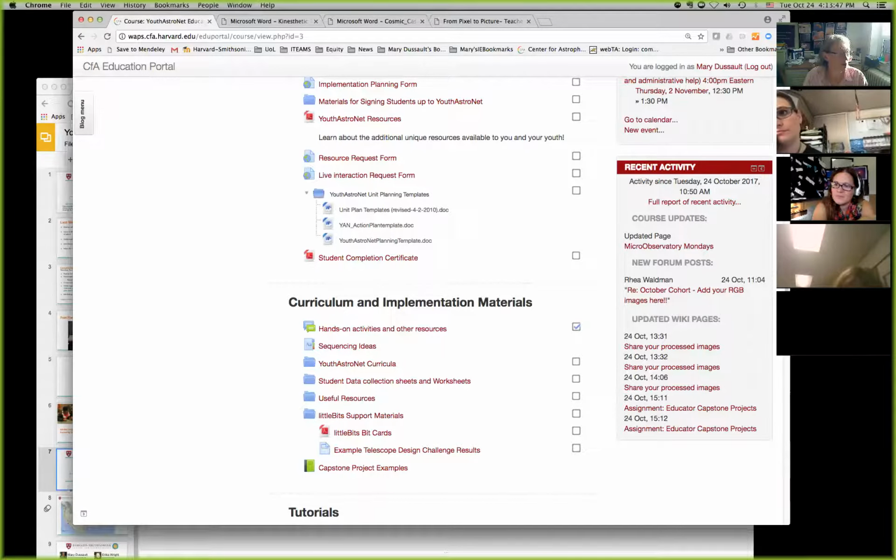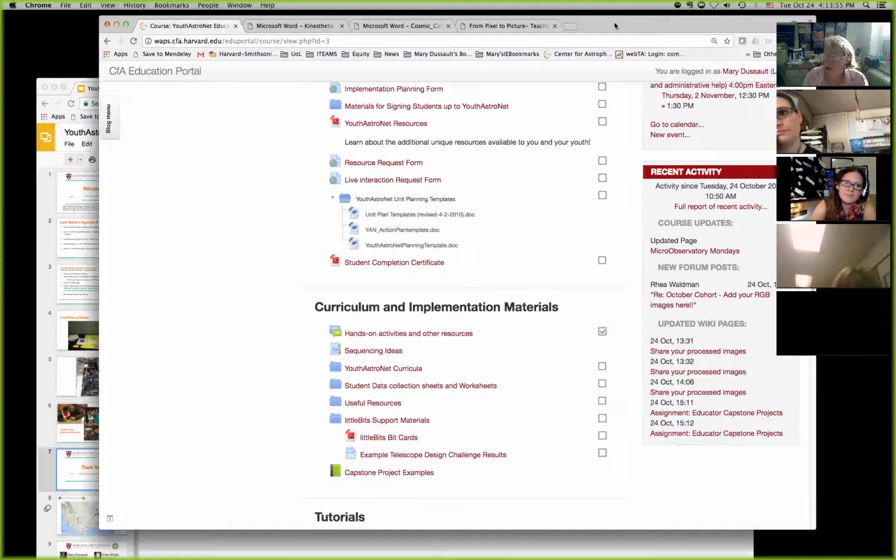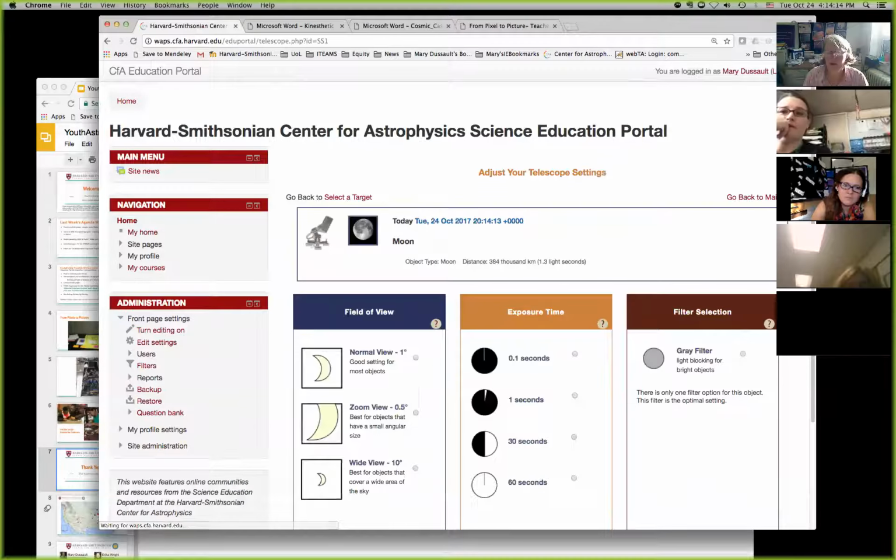What time are the requested images? Great question, Ginny. We seem to have some potential software glitch about that this week that we're looking into, but when you're in the YouthAstroNet portal, the activity portal, and you make a request, if I make a request for the moon,